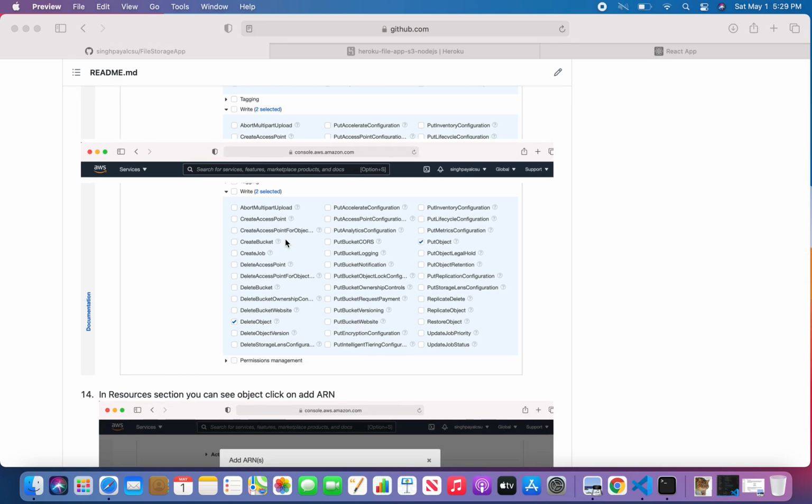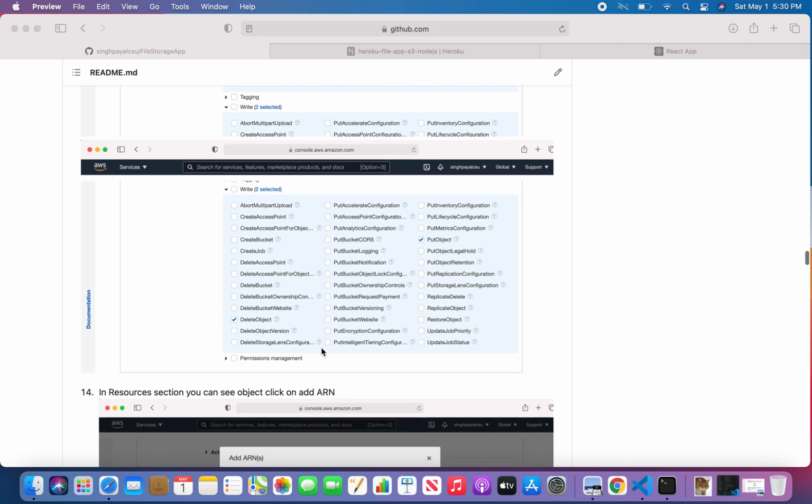We also want users to perform delete and put object. Using delete object, a user can delete a particular file of S3, or if a user wants to upload a file, then he will use put object. Put object will help to upload the file.